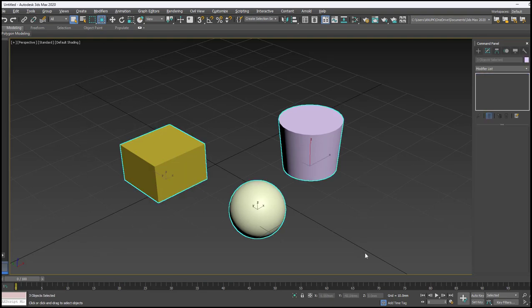Like this way you can select all the objects. And then window selection means from the right to left you just cover half of the object like this to select. So this is how we select by cross selection method and window selection method.